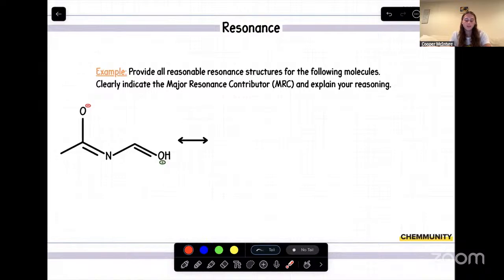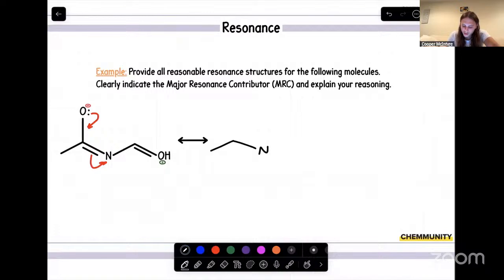So the goal for this one is to start with our negative charge and see if we can push it all the way down to that positive charge to help delocalize it. Since we have a negative charge up here on the oxygen, we'll drop that on down, only because it is right next to a pi bond. So we'll drop those down. And by doing that, we have to kick the electrons from this pi bond up to nitrogen.